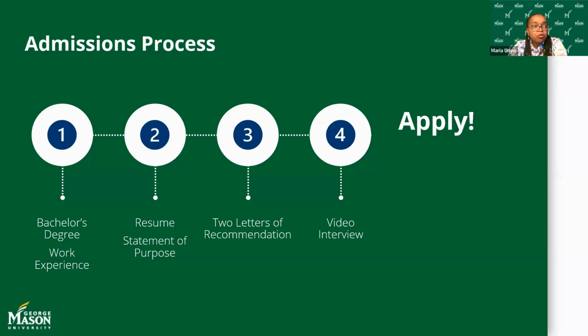So we're looking for, your transcript, of course, will show us the caliber of student you are. A GPA of 3 is good. That's what we're looking for. If your GPA is lower than that, there are other routes of how you can eventually get into the program by finding ways of getting your GPA up.